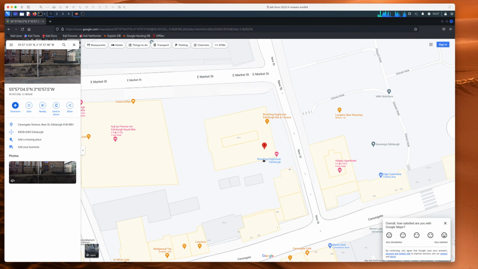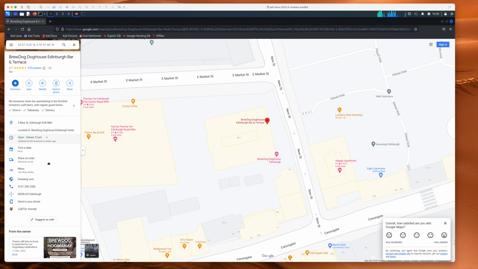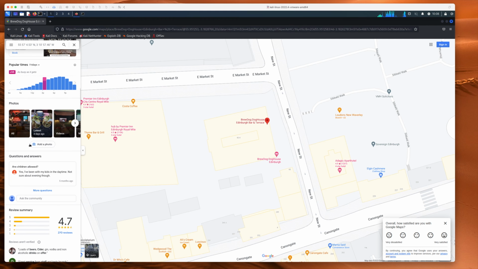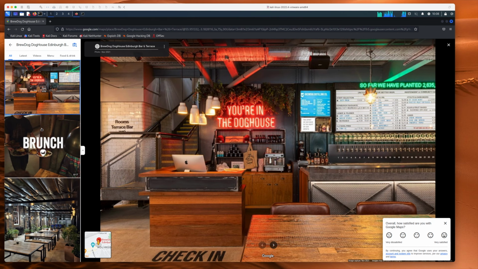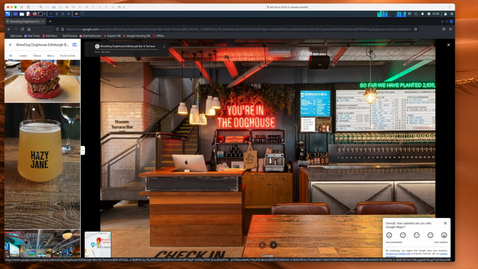And if you look, Brewdog, Doghouse, Edinburgh. Let's click on this. And this is where you could start doing some open source intelligence gathering, right? Looking through all of the photographs taken inside any of the businesses or locations that are marked on Google Maps. And sure enough, if we scroll down here and click on all photographs, there's some neon signs, but that's not what we're looking for. If we scroll down,